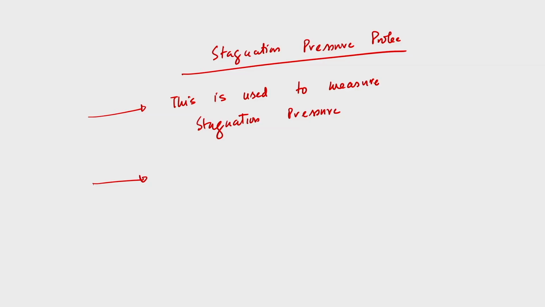And now the question is, at the point where you would like to measure the stagnation pressure, the positioning of the probe will definitely disturb the flow field. There is no doubt about it. So, basically if you would like to measure stagnation pressure at a point using this probe, the positioning of the probe will definitely lead to a disturbance in the flow field, and if it disturbs the flow field, then the measurement which you will take may not be the correct one. So, we need to be careful while we are using this probe to measure stagnation pressure.